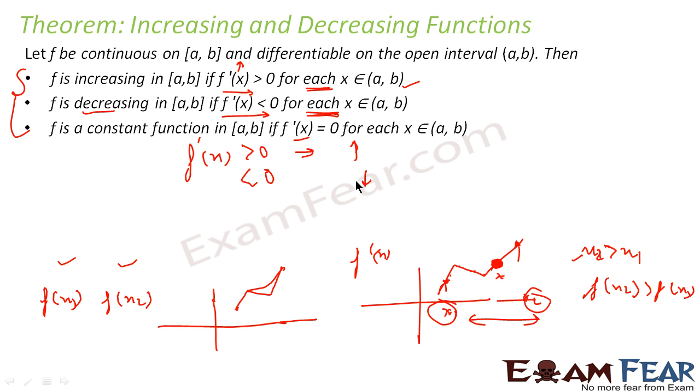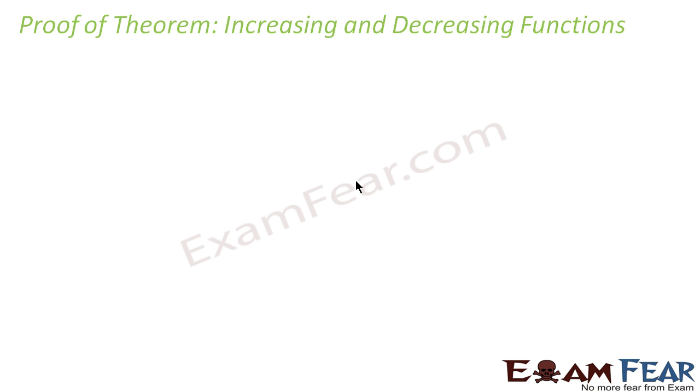Now you may be wondering how I got this formula, so let's take the proof of this theorem. To prove this theorem, we'll use the same logic: if x1 is less than x2, any numbers in the domain, and if f of x2 is greater than f of x1, then my function is an increasing function. And if f of x1 is greater than f of x2, then my function is a decreasing function. The same logic we'll use. So let's assume,